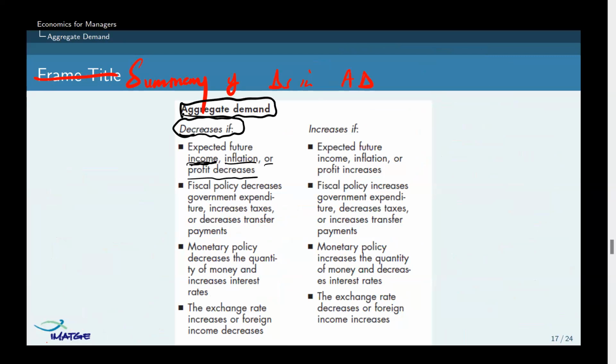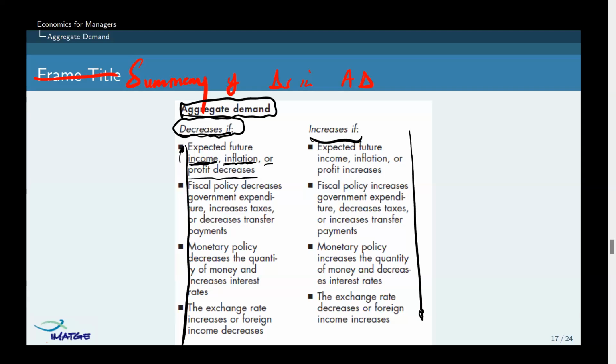Why? Because if you expect to receive more income in future, you will reduce your demand now and increase it later. If you expect future inflation, aggregate demand decreases if this happens. Aggregate demand increases if